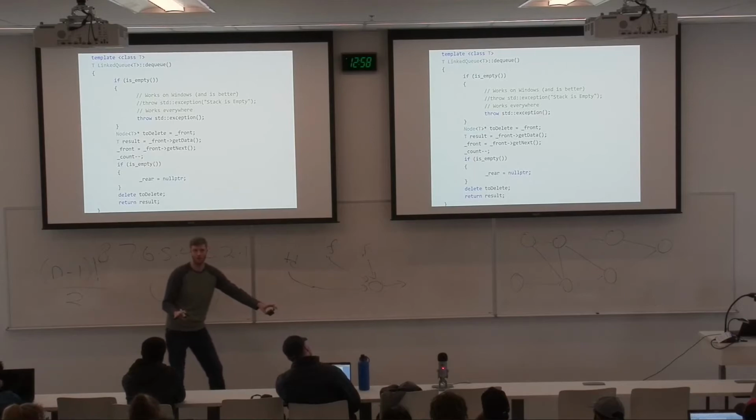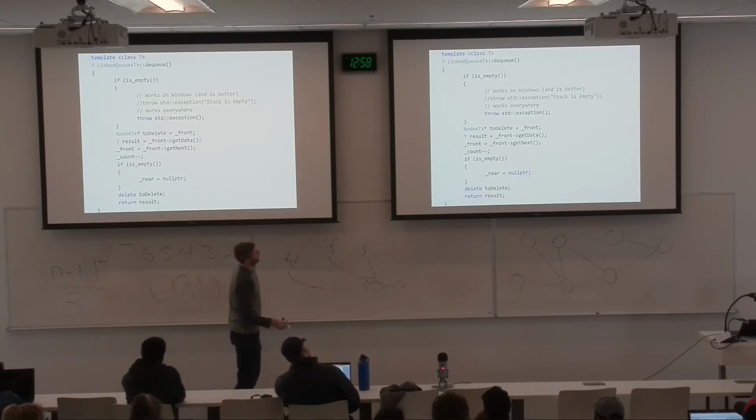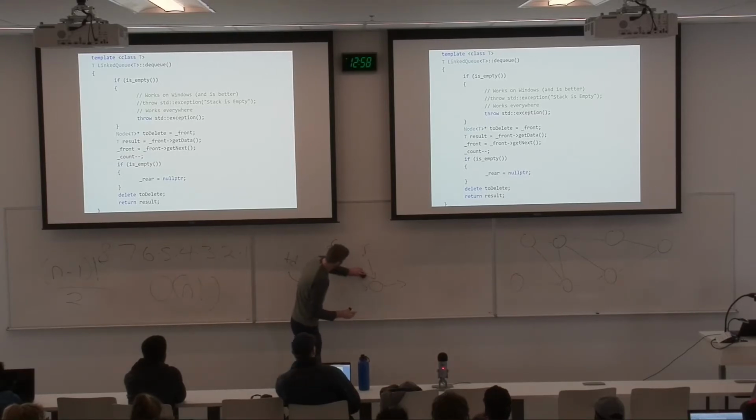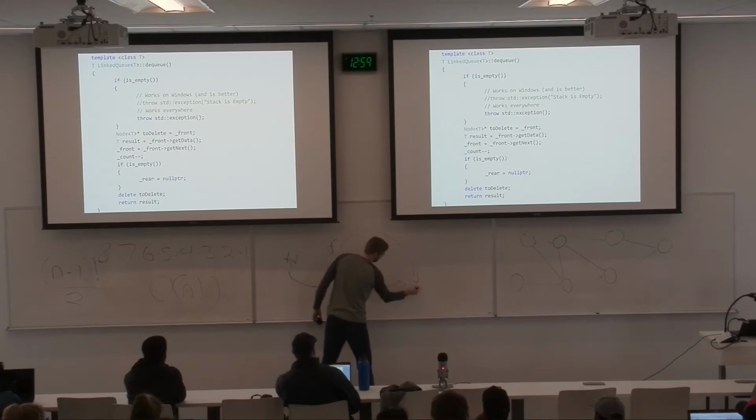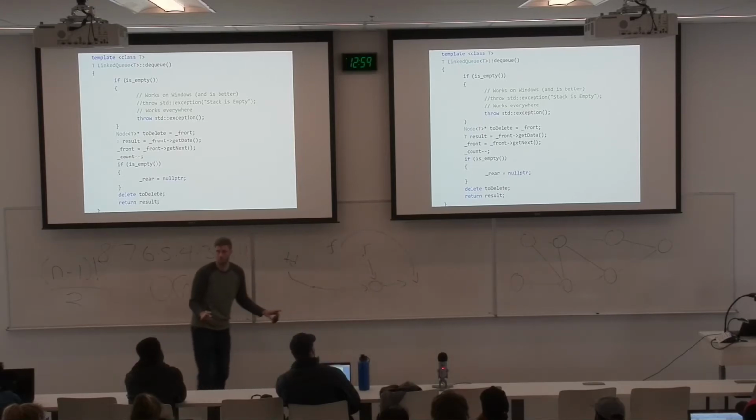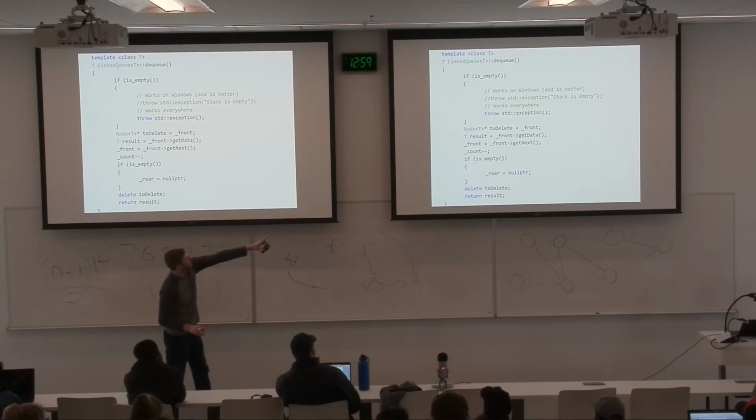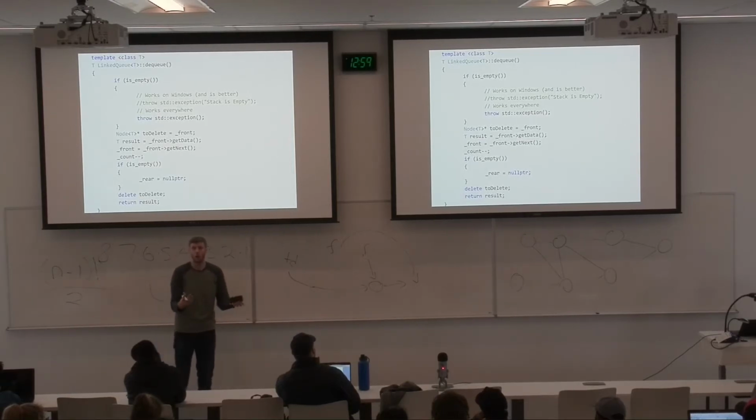So far so good? Any questions? We're good? Okay, front.getNext. So front now points to null. Okay? Decrease count. And now we would say, okay, is it empty? And it would be true because the count went from 1 down to 0. So is it empty? Yes. But